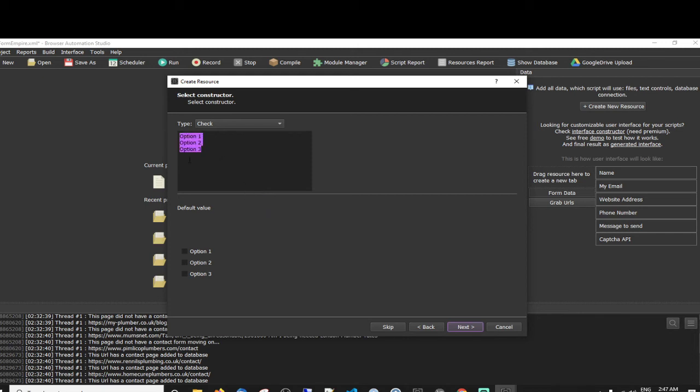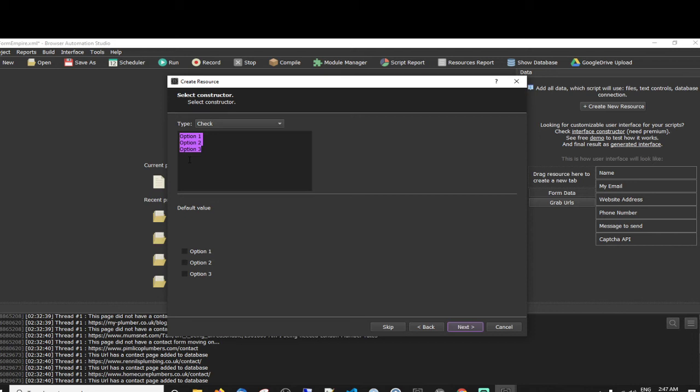If you just joined us, we're making a bot that fills out contact forms, so you can give it a list of URLs. In fact, no. The first module scrapes URLs, given a list of keywords. Then it's going to go to each one of the pages and be able to fill out the contact form and beat reCAPTCHA.